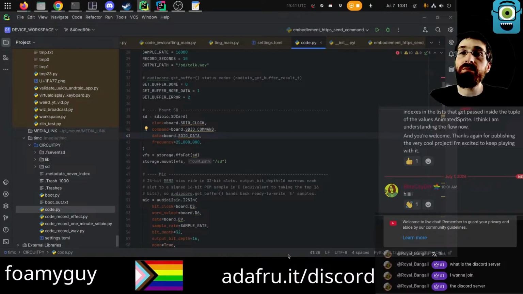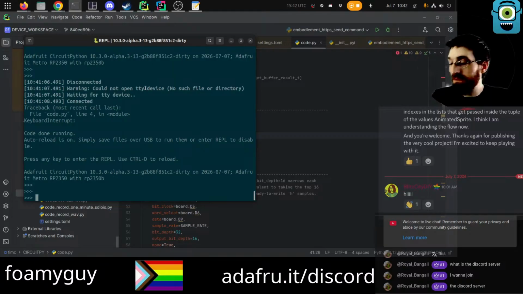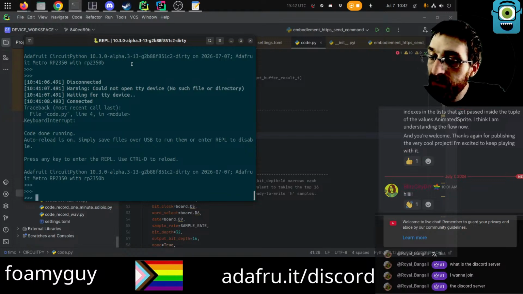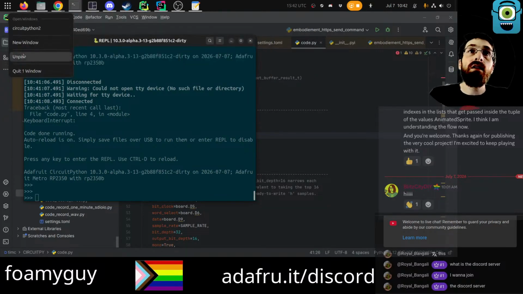Possibly it could be hooked up to, I did not look into that. Yeah, but for right now, it doesn't do it. So I think there are a few ways we could arrive at the same destination, but I think the easiest is just take the SD card out, plug it in